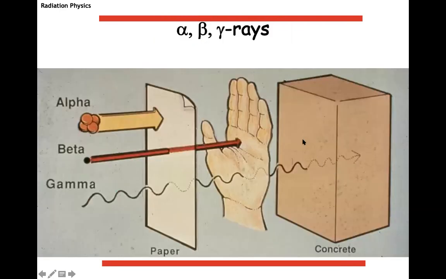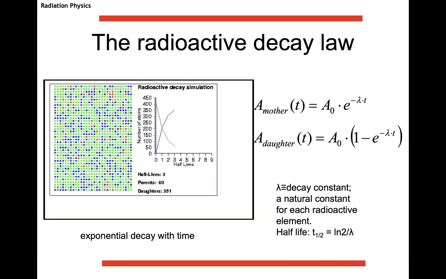In terms of interaction with matter, that for radiation protection is the most important part, you also know very well that gamma rays are very penetrating, beta rays are poorly penetrating, and alpha particles are stopped immediately. They lose all of their energy, even on a paper sheet or on the surface of your skin. They do not really represent any health hazard for external exposure.